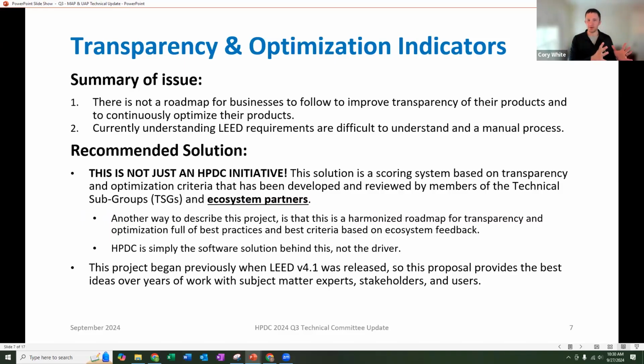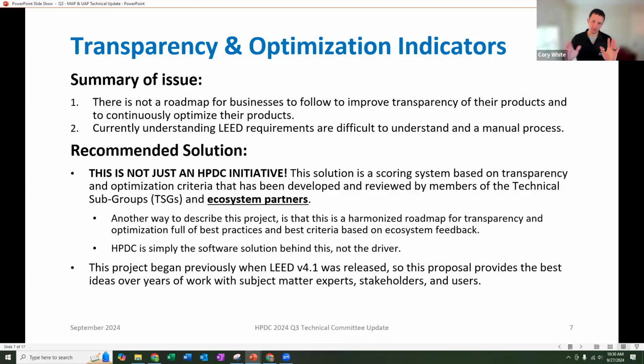And the reason this really got pushed into version 2.3 is LEED. Currently, some of the LEED requirements are difficult to understand. That's why we've implemented the pre-check and things like that. But just the language in the LEED standard is difficult. So what we wanted to do is show LEED that, hey, we can provide a harmonized front to make it easier to understand and make it a less manual process for looking into, like, LEED version 5 and things like that. So really we wanted to show LEED the capabilities of what we can do with the information that the entire ecosystem has.